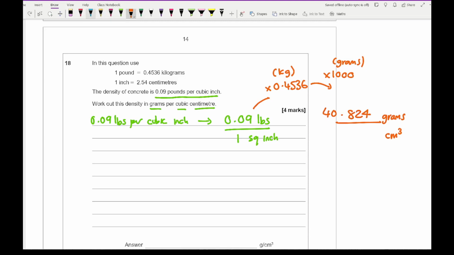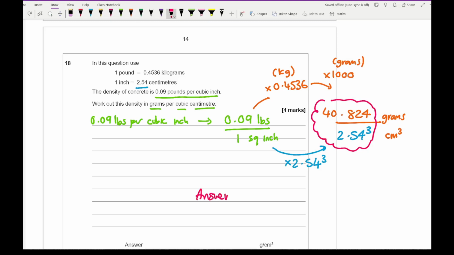Then to get from square inches to cubic centimeters, to convert it into centimeters, I need to multiply that by 2.54, but because I want cubic inches, I've got to cube that number. So that's going to be 2.54 cubed. Now this is what I now need to type into my calculator. So then my final answer is going to be